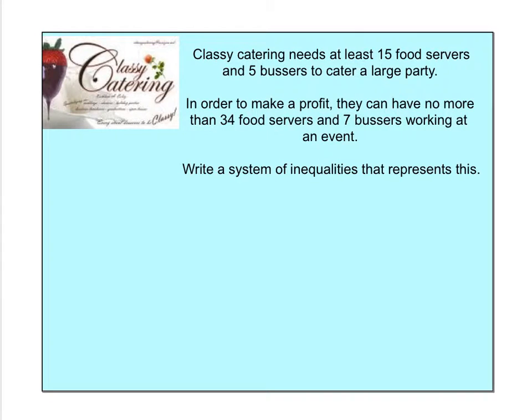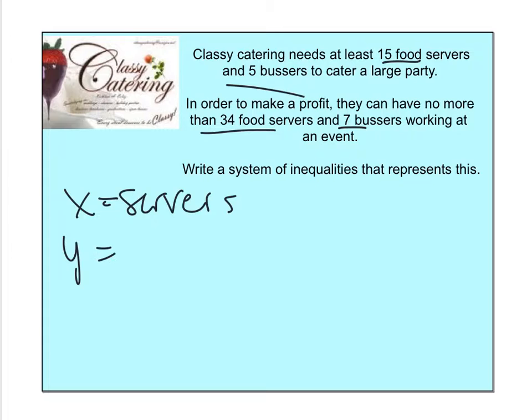Classy Catering needs at least 15 food servers and 5 bussers to cater a large party. In order to make a profit, they can have no more than 34 food servers and 7 bussers working at the event. So if I let X be servers and Y be bussers,